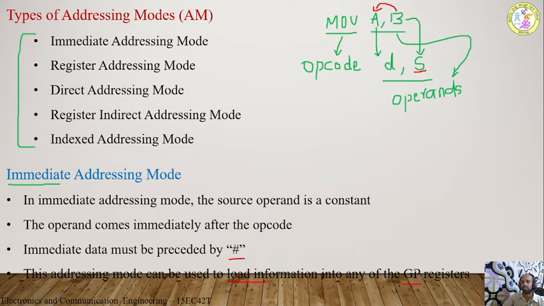Different registers are there. These registers are grouped into different banks from bank 0 to bank 3, whereas each bank contains 8 registers from R0 to R7. Along with that, we have some other registers. For example, we can use the accumulator A register or the B register as a general purpose register.